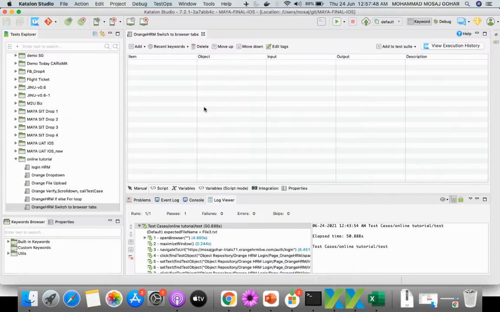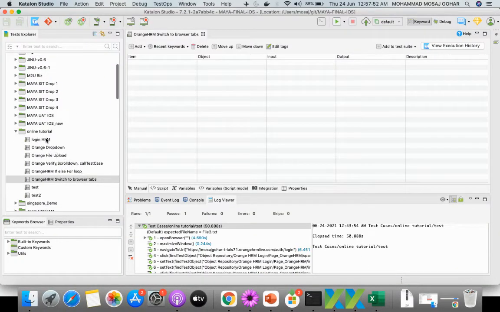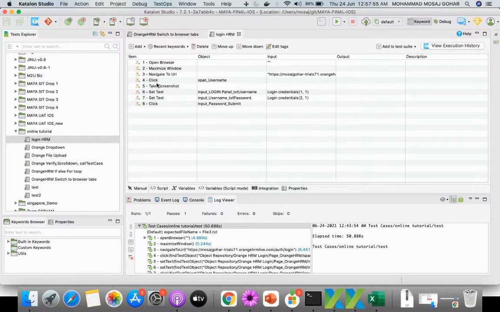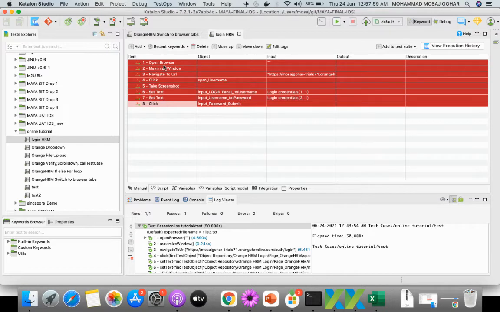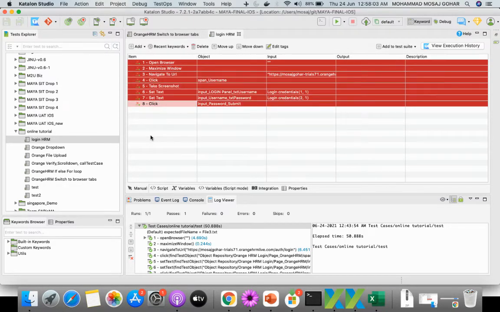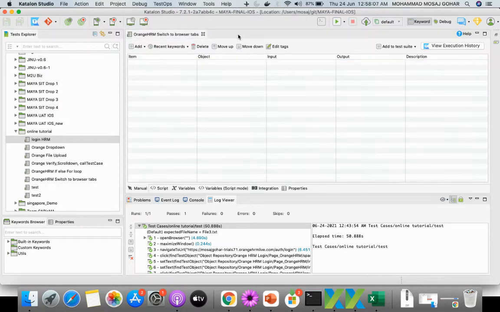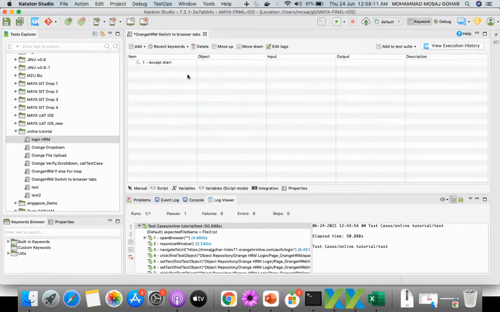Going to Katalon, we already have the test case for login. I will copy it from here, or you can of course use the call test case functionality as well. So let's try using call test case itself.